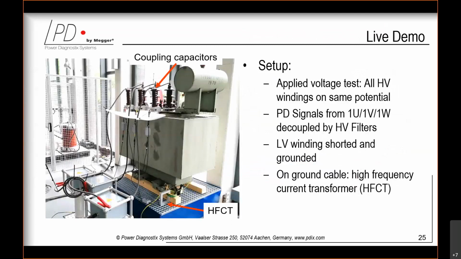Two more slides. First of all, I would like to show you the setup. We have a small distribution transformer here, which is a 20 kV to 400 volts transformer. On this transformer, we have installed 3 coupling capacitors to measure on 1U, 1V, and 1W. We can decouple the PD signals there. We have a preamplifier on every channel, which is this small box here. And then we have 3 HV filters connected